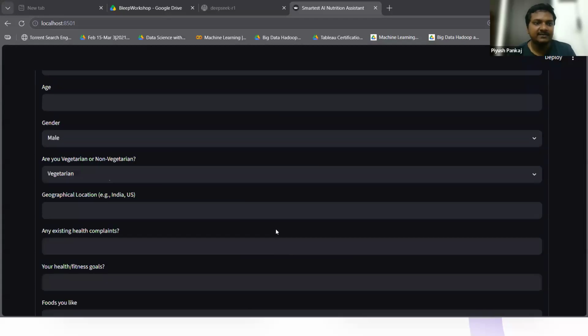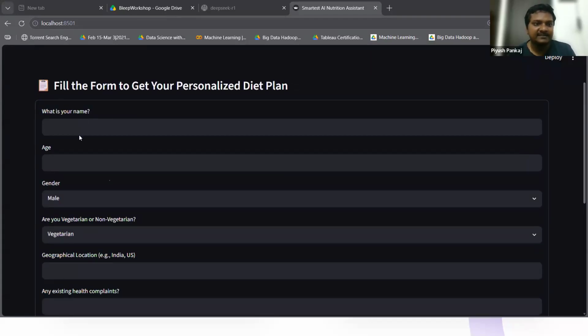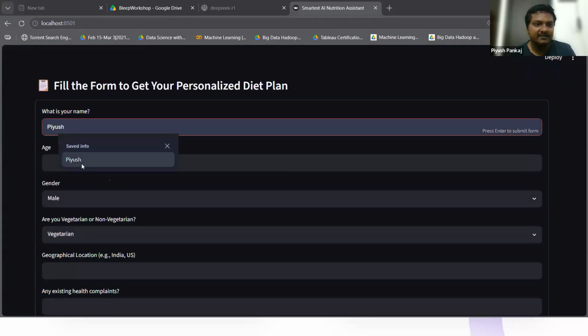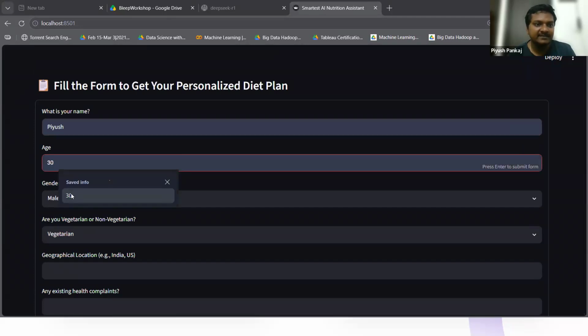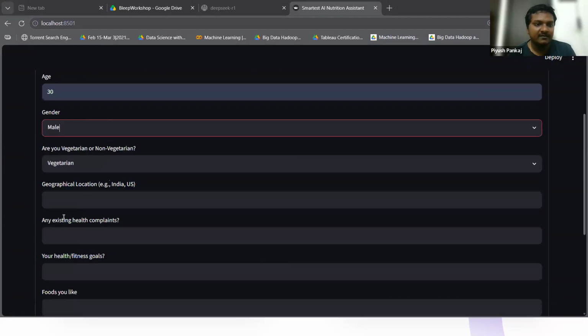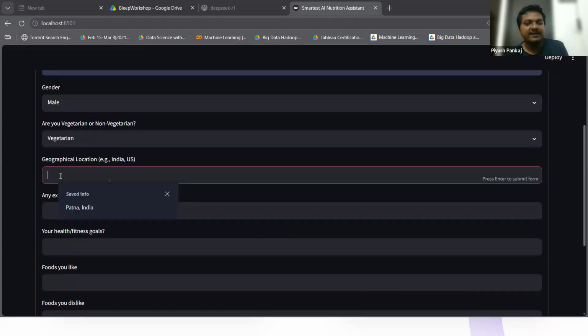Okay, now here you can see I'm getting a form. Let me write the things here. Name is Pius, age, let's say my age, gender is male, fine. Let's say I'm vegetarian. Geographical location. Your food habit also depends on where you live. If you live in Patna, you will have the food related to Patna.